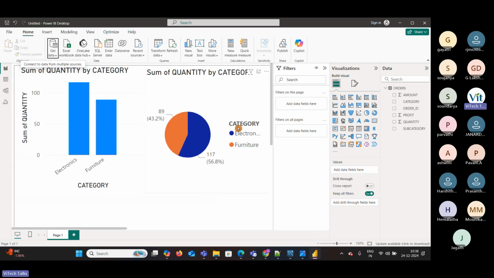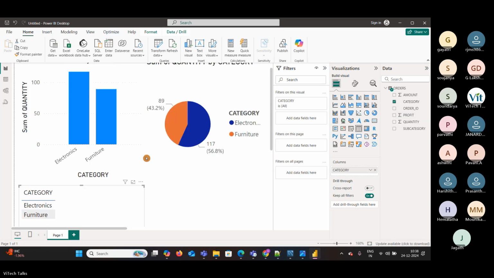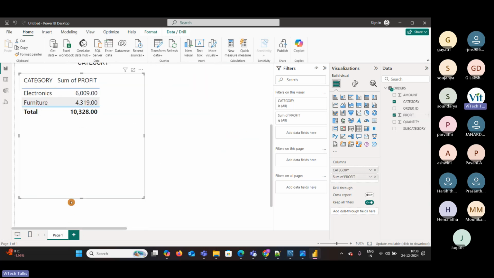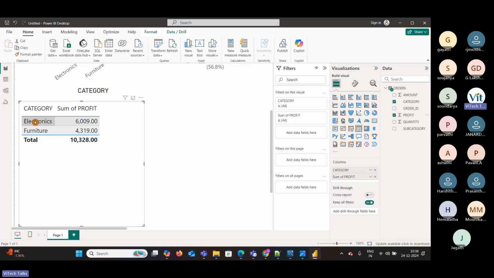Now, this is one scenario. There is an order table. I want to identify the quantity, that is a different case, and this one is category, and based on the category I want to see the profit. See here, based on the category I want to see the profit. Electronics is the highest one and furniture is low. Okay, so the total profit is